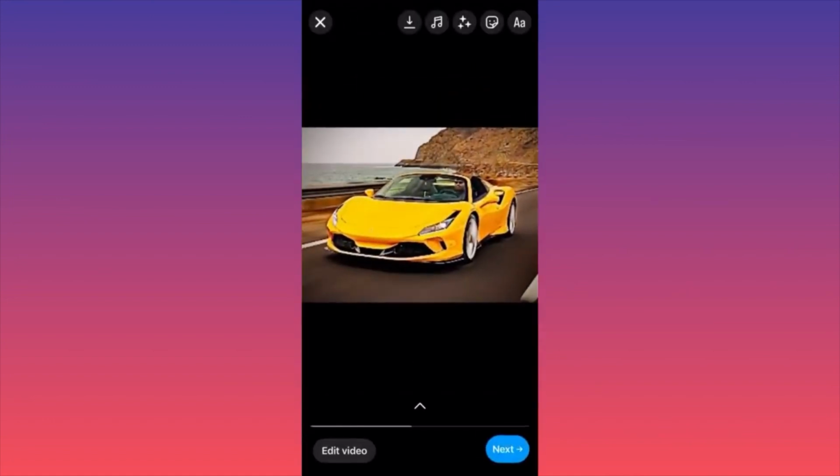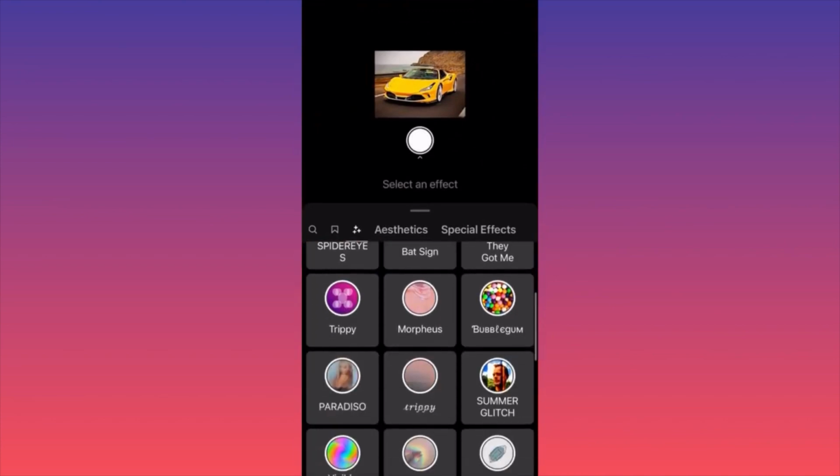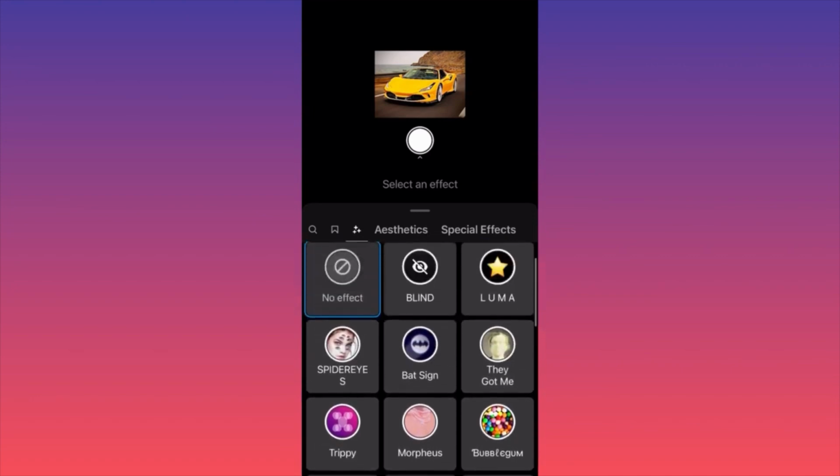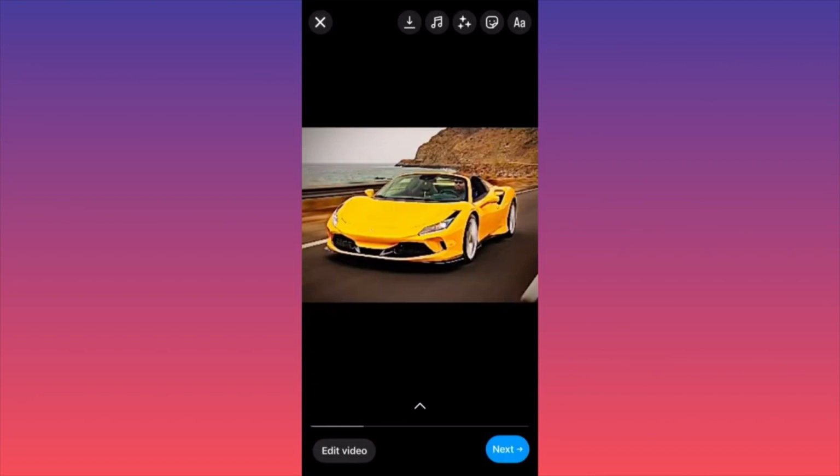The next thing is that if you want to create a particular filter on top of it, you can simply utilize some of these that will change the way your content looks. I'm not too hyped about it. This is usually for people who are more creative and they don't have a straightforward content.